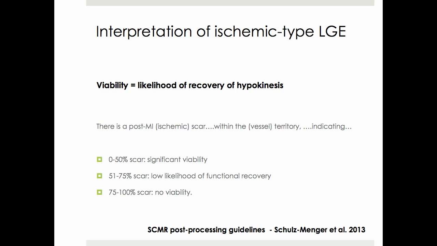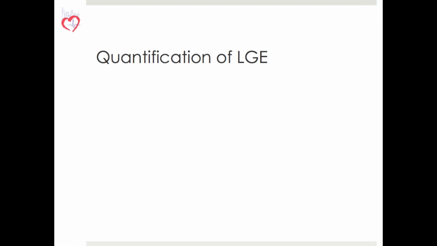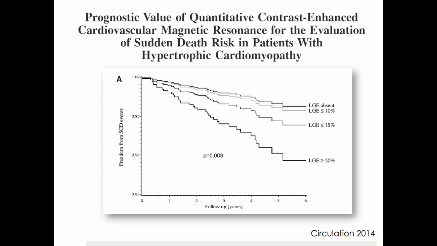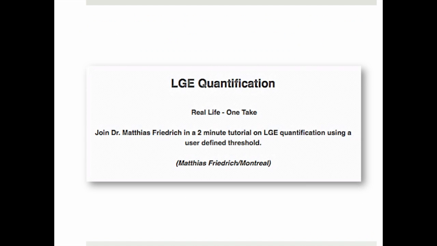Myocardial scar with up to 50% of transmurality indicates significant viability and high likelihood of recovery. Transmurality between 50 to 75 is associated with low likelihood of functional recovery. And finally, with a full thickness scar, the recovery is altogether unlikely. Quantification of late gadolinium enhancement as a percentage of a total myocardial mass, while not yet a clinical tool, is